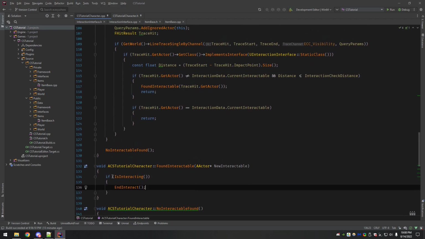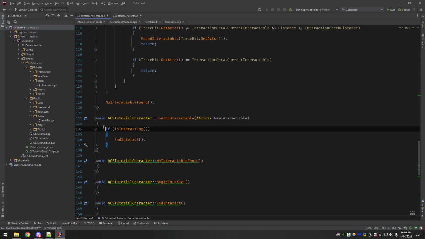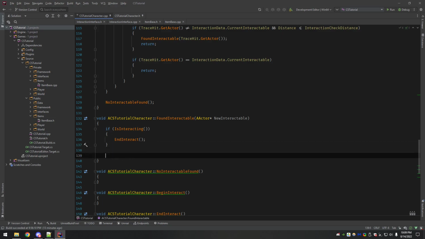We're not going to get into this function at all unless this part is true, which is the current hit actor is not the same as our current interactable. So this would imply that we already had an interactable, something weird happened, and we just now found a new one in the middle of the timed interaction.